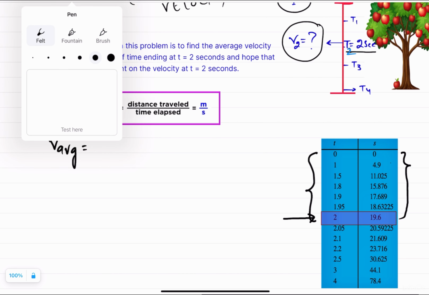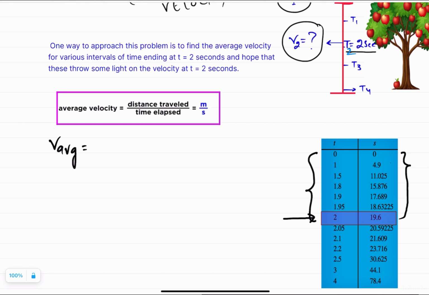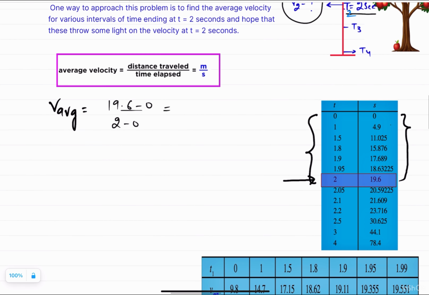Average velocity is distance traveled, that is 19.6 minus 0, divided by time elapsed, 2 seconds minus 0. If we simplify it, it will be 9.8